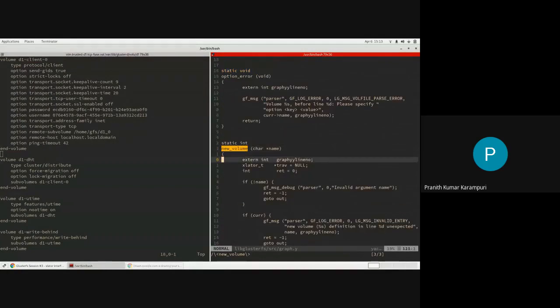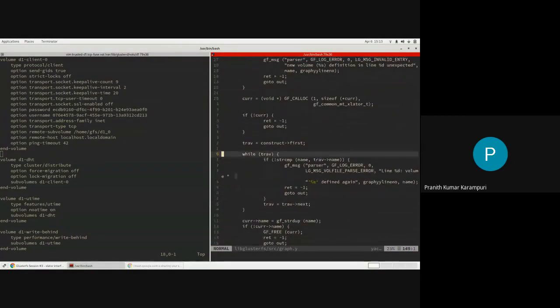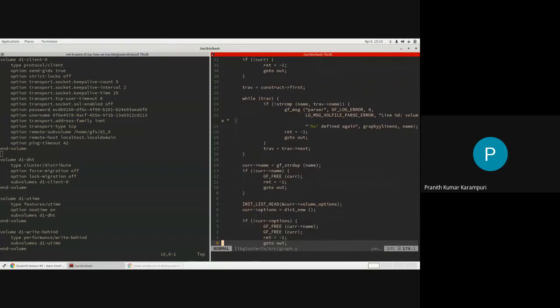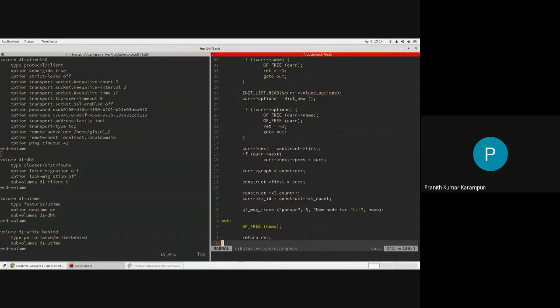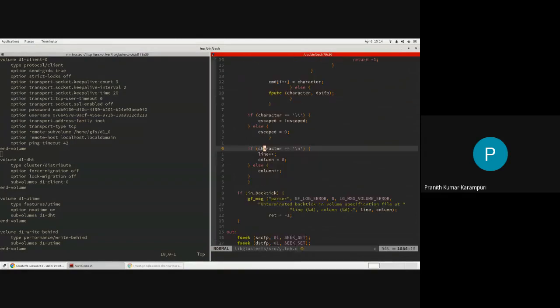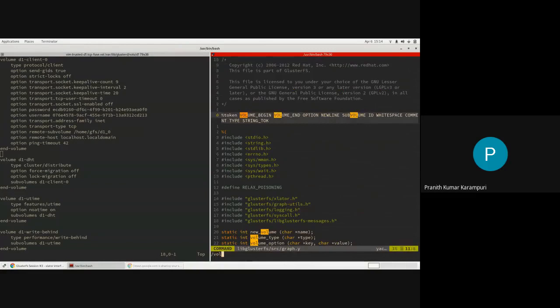As part of that new volume function, it will create one translator. So it is creating one translator here. It will set up its name, options, the bare bone translator structure. Then let's say volume type.